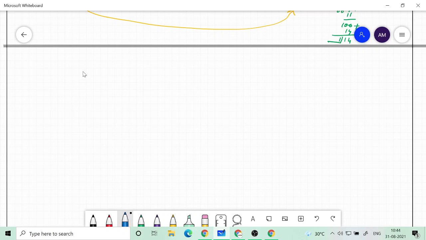Let's take a different example. So again we are continuing with the same topic, 9's complement and 10's complement we are using for subtraction, or you can say addition of negative numbers, addition of numbers which include negative numbers. Okay, so what we need to do, let's take a different example. In the earlier case the result was positive. Now let's take a case where the result is negative.